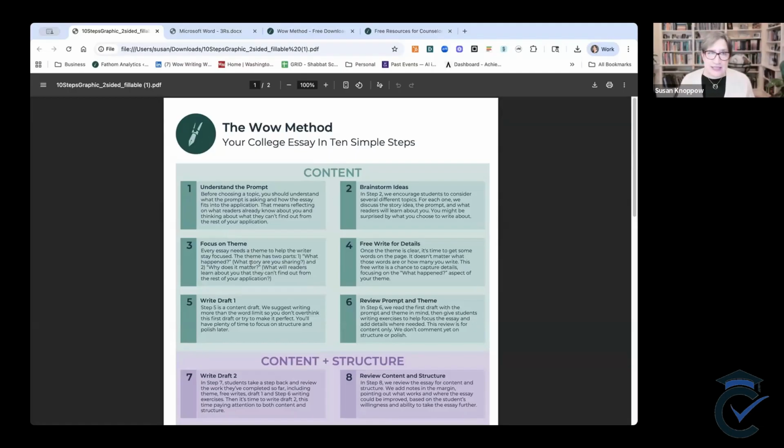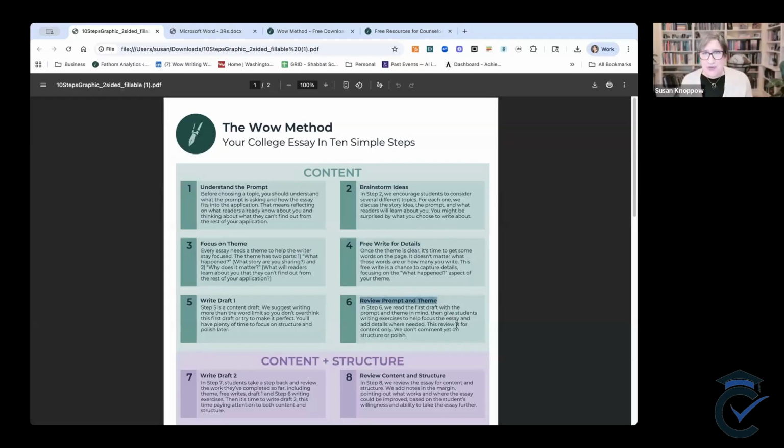So then we have them focus on theme, what happened. I got into an interesting discussion with my driver's ed instructor. Why does it matter? And he names his characteristics. That's the theme. I don't need to know the whole essay. I don't need to know where he's going to go with it. I don't need an outline. I need something to hold on to because he's going to do some free writing. He's going to write a draft one. And when I get to step 6, my first review, I am only reading for content.